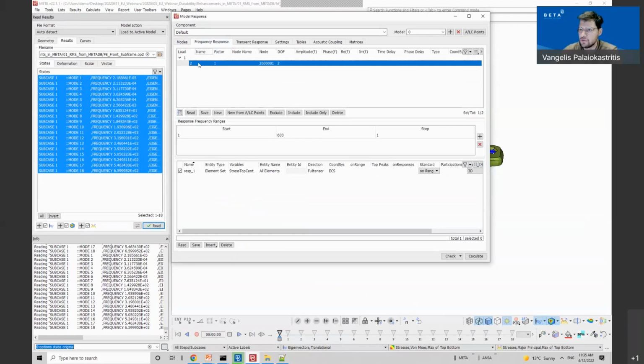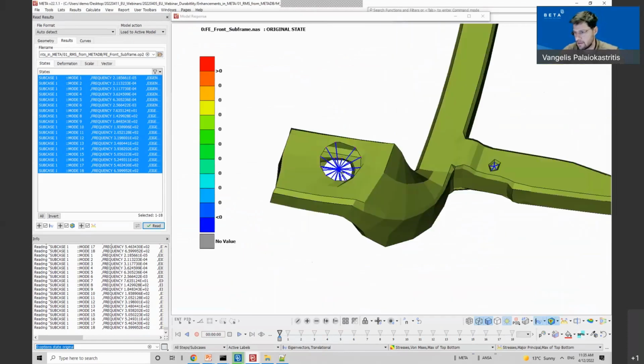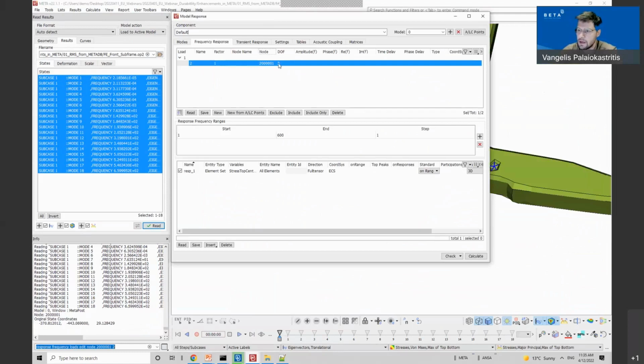I need to define a load. So I will pick a node from screen that the load will be applied on. Okay, the load will be at the degree of freedom Z, and I also need to specify a frequency range, so starting from 1 to 600 Hertz.